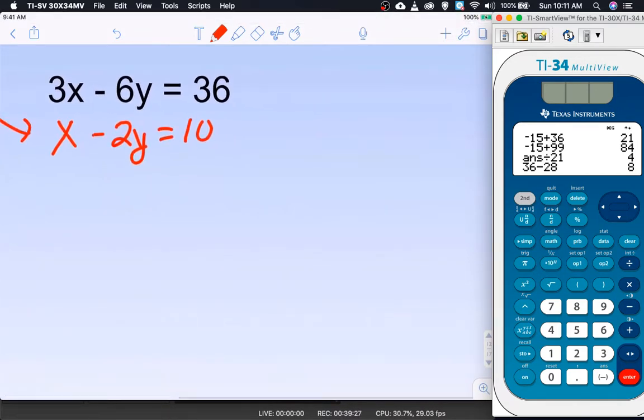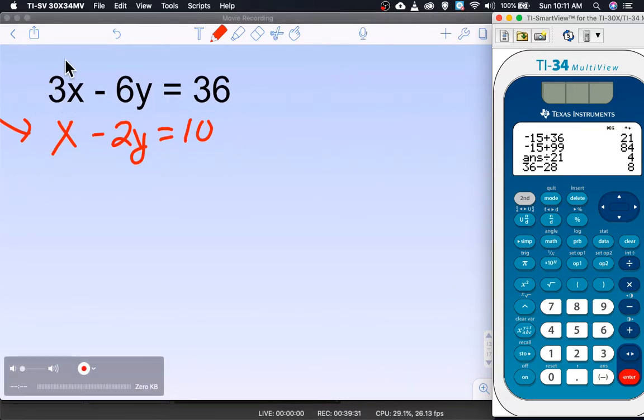Okay? My equations are lined up. X's over x's, y's over y's, equals, constants, all that's good. They do not have the same number in front of one of the variables. The coefficients are different. So 6 and 2, 3 and 1, that's a 1 there. Now I could make them the same